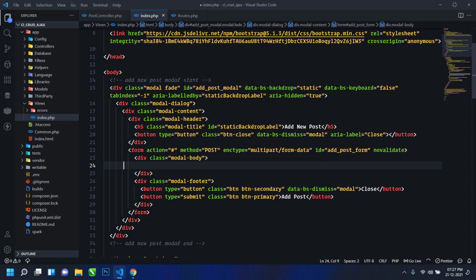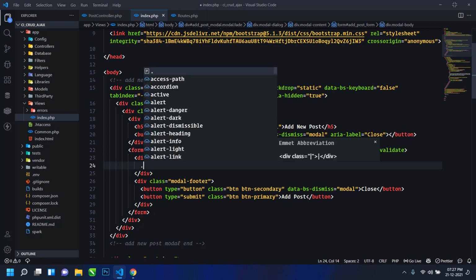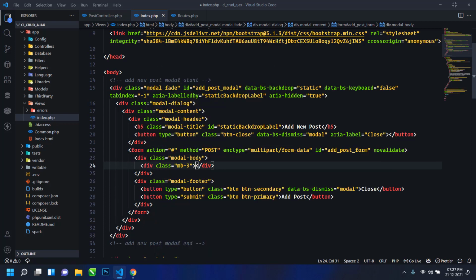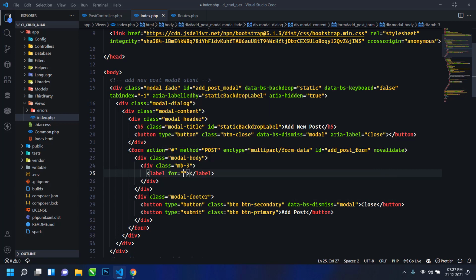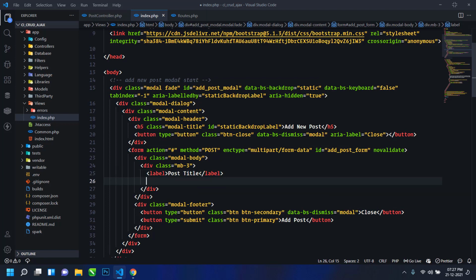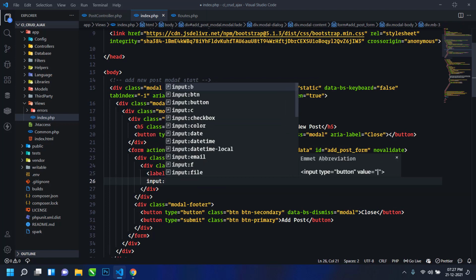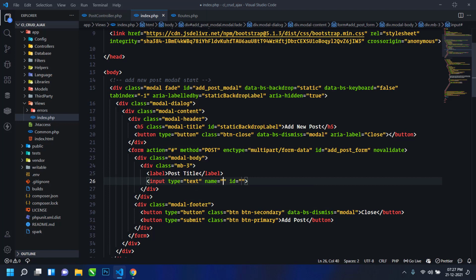Now here I will use margin bottom 3, and here I will use a label. For title, so just write post title, and here I will create an input with the type text, name title, and I will not use an id here, so just remove it.